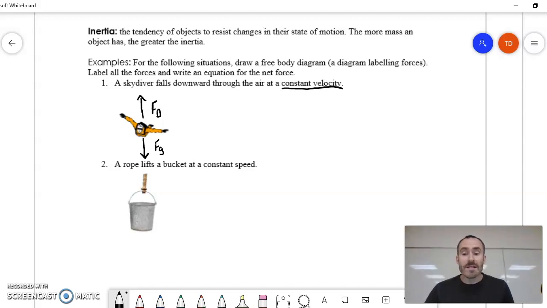The second one, a rope is lifting a bucket at a constant speed. Again, we notice constant speed. Constant speed means no acceleration, which means all the forces are balanced out. And so we have an upward pull from the rope. We can just call that either the applied force, so someone is applying that force, and so we can just call it applied force, or FA. We can also call it the force of tension, because any force that's being applied through a rope or a chain or wire or something like that can be called a tension force. So I am going to call this the force of tension,